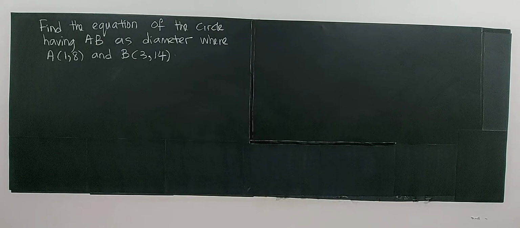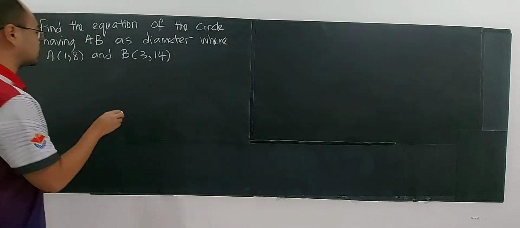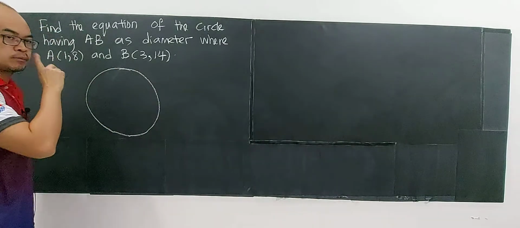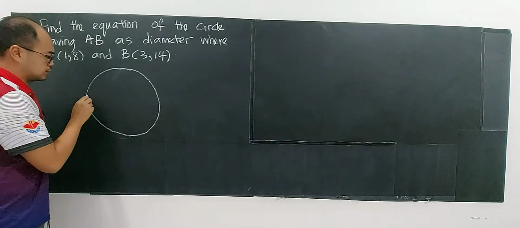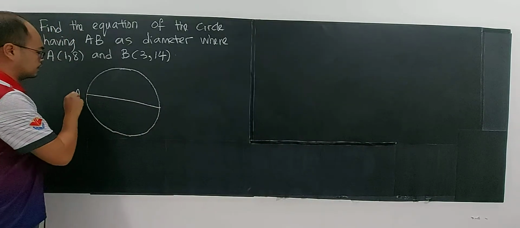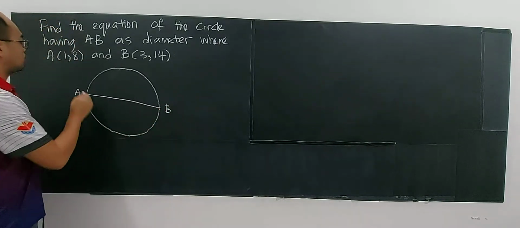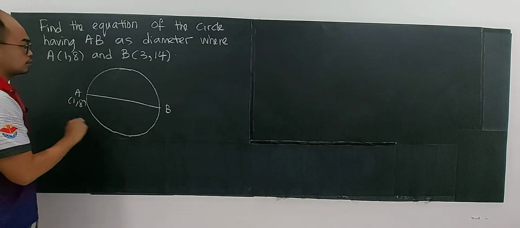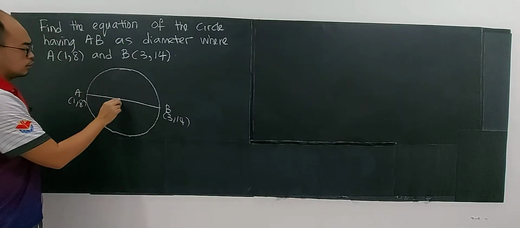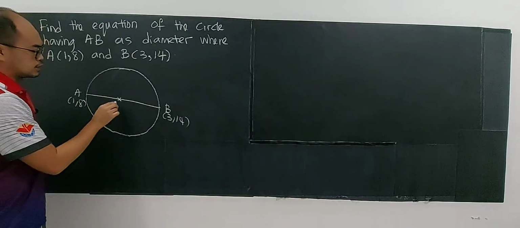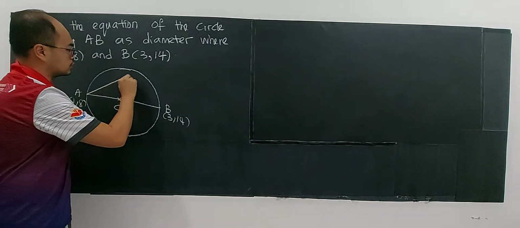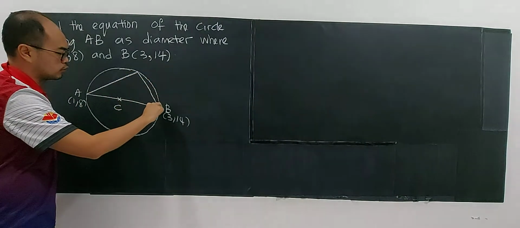Previously, I was using the concept of midpoint to find the center. For this, there is another method here. Of course, the first method will be easier, but I want you to learn something here. As you know, AB is a diameter, point A is (1,8), point B is (3,14), and along this diameter there is a center. That doesn't matter here, because now I want to use the properties of circle that you learned before during your